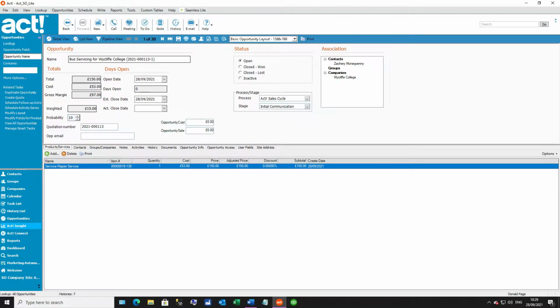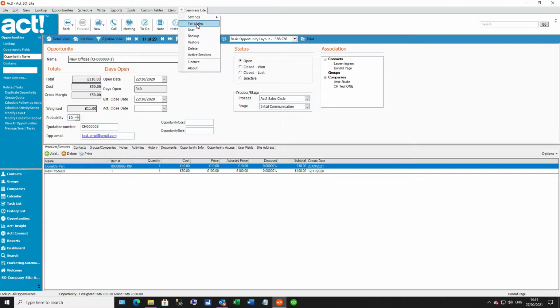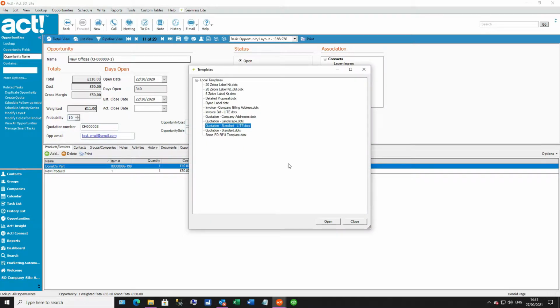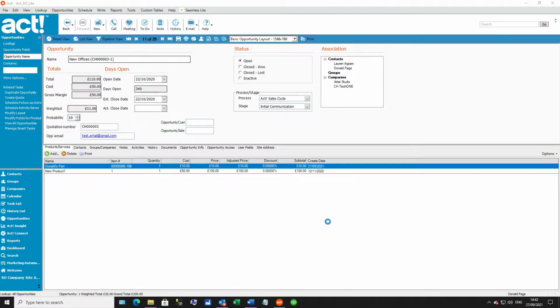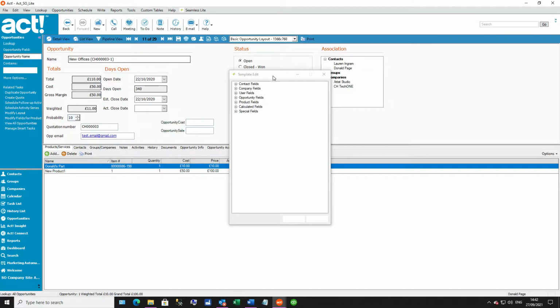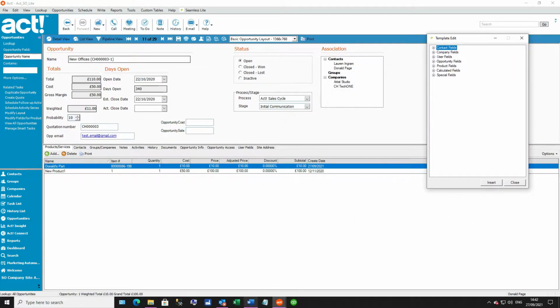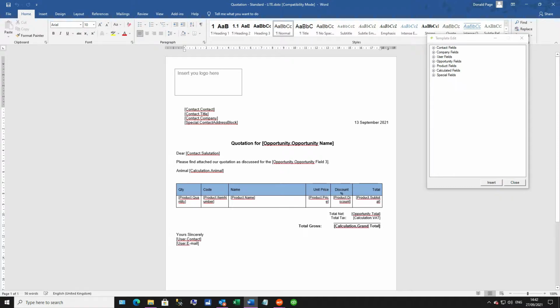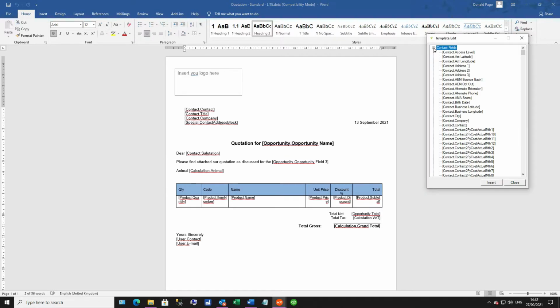Now, let's have a look at the templates section. We'll have a brief look at this. So I'm going to choose a template. And when you select a template to edit, you get this floating field chooser, which hovers over all the windows. And you can see here, when you select it, that you'll see very clearly the merge fields that are in